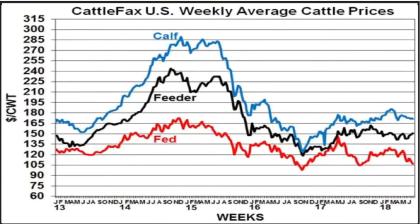But again, there's a lot of nervous folks now because of the trade wars and discussions over tariffs. I don't know where it's going to go, but we'll say this, that I think it's Extension's responsibility to help farmers do as good a job as they can, educate them on the sound production practices, and we'll see where it goes. But as we wind this up today, we're going to talk a little bit about price outlook,